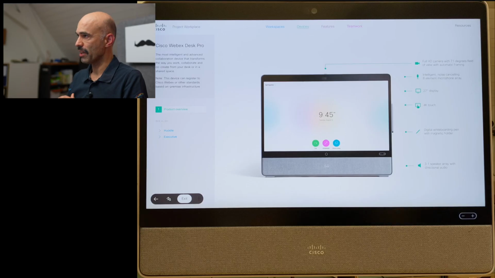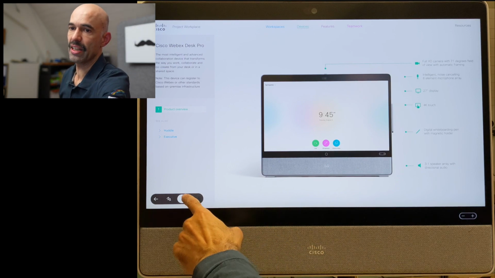Another feature is the touch redirect, meaning that you can use your Windows laptop, for example, and control your Windows laptop via the touch screen of the DeskPro. I'll quickly demo that here. So I'll exit the